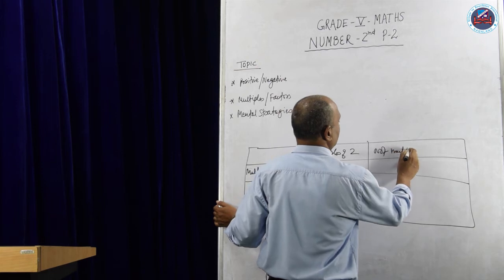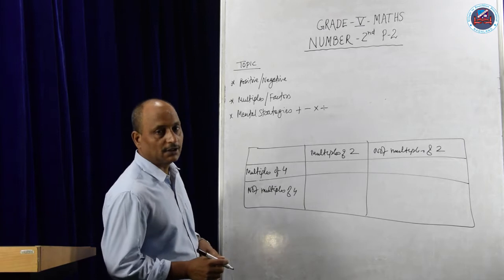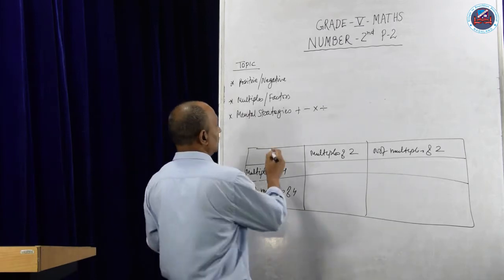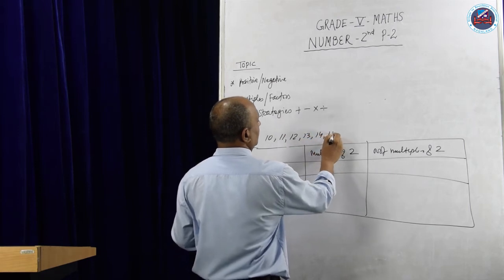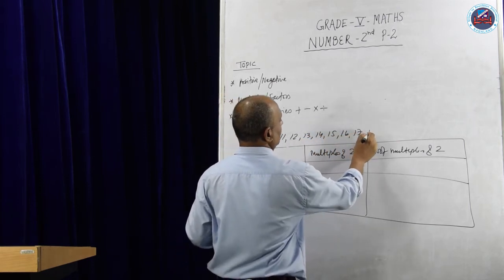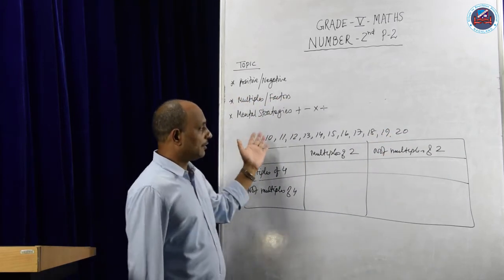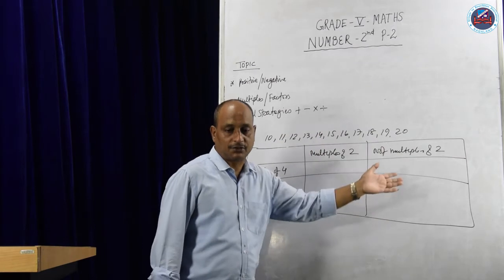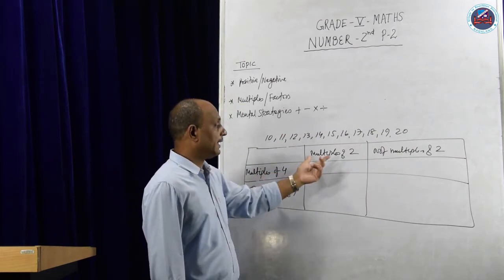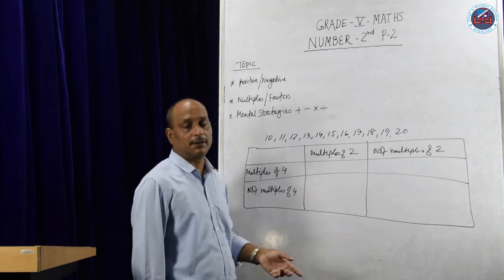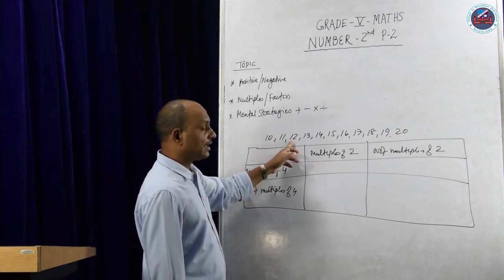Not multiples of 2. Let us assume numbers between 10 to 20. That is 10, 11, 12, 13, 14, 15, 16, 17, 18, 19 and 20. From these numbers between 10 to 20, what are the numbers which are multiples of 4 and multiples of 2? Number multiple of 4. So 4 3s are 12